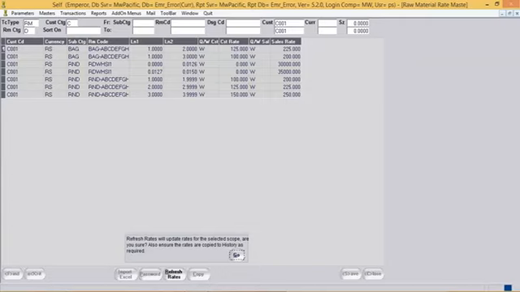After clicking on refresh button, user is warned to copy the existing rate chart to history first and then refresh the rates. This is the precaution user must take before upgrading the rate chart. After the rates are copied to history, user can click on the Go button to refresh the rates.